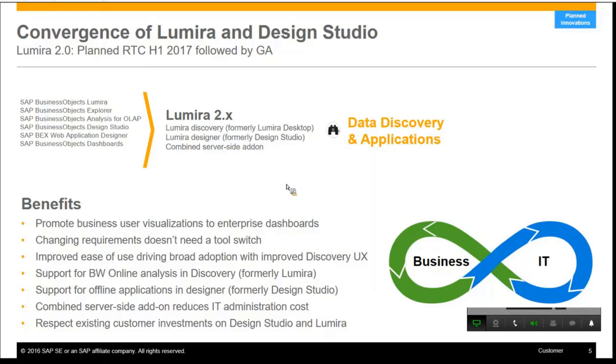As part of Designer, as I mentioned earlier, we do plan to deliver the capability to build offline applications. So as part of Lumira 2.0, you can make use of Discovery to connect to universes or third-party OLTP systems, acquire the data, prepare the data, and make use of this prepared data in Designer to build applications just like how we build applications today using Design Studio by connecting to BW and HANA in an online mode. Just to give you an example,